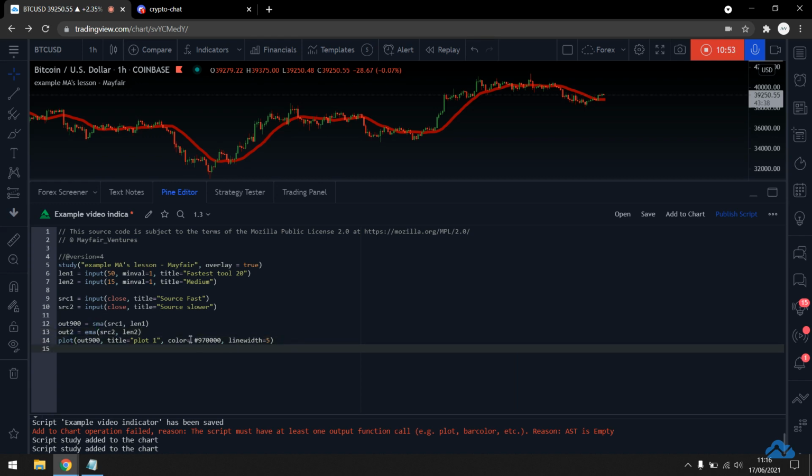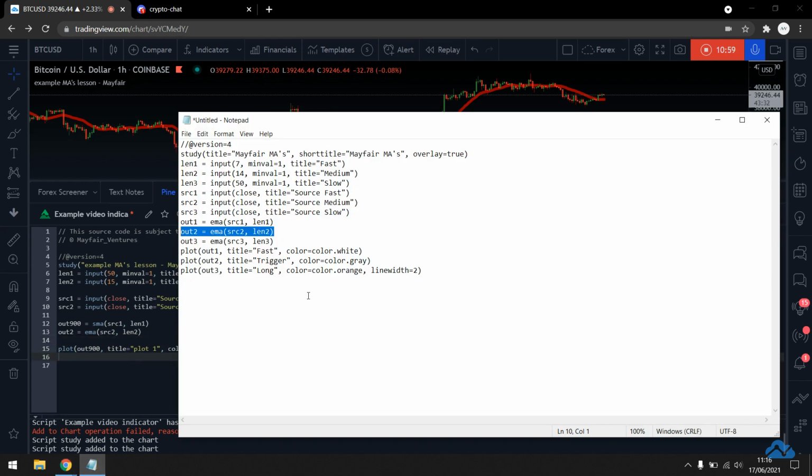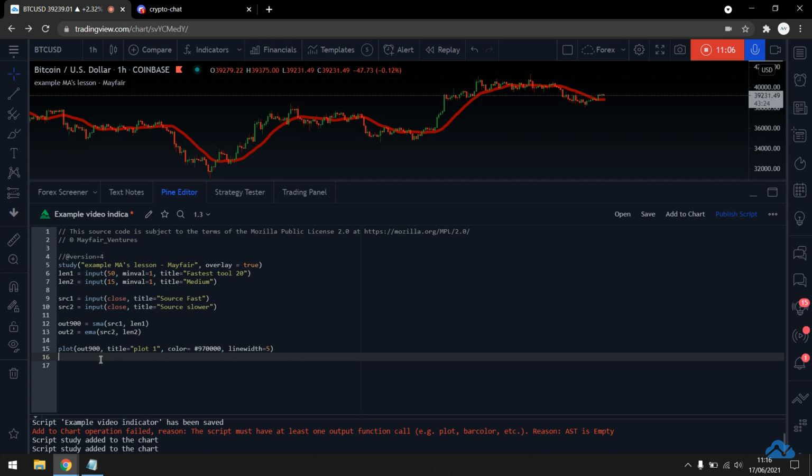And therefore, let's move this around, I'm looking to plot the next part of the sequence. And I'm looking for plot 2 there. And obviously, you can change the naming convention, you can change the line width, you can change more or less anything you want within this. So I'm going to call this one the same as I have on the last one. I'm going to call this a slower one. Actually, it's faster as a whole. So actually, what I'll do is do this one as a 15, and I'm going to call this one the 50.